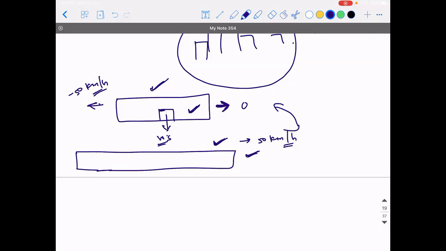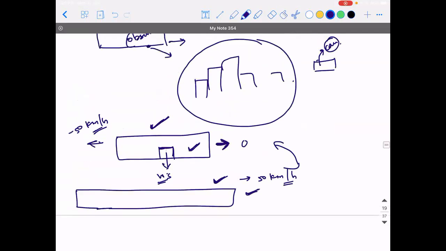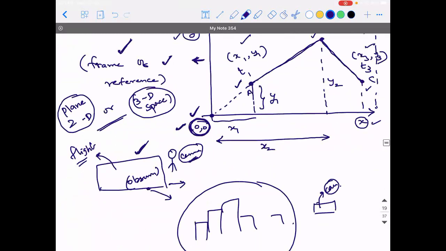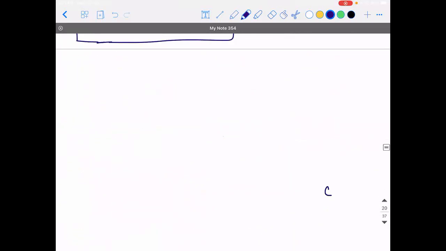But as of now, if I have to conclude, the train is what is called the frame of reference. That's it. Have that in your mind. So next time when I ask you, you just tell me which is the frame of reference. That is more than sufficient. Okay. So this is all about the introduction of motion.